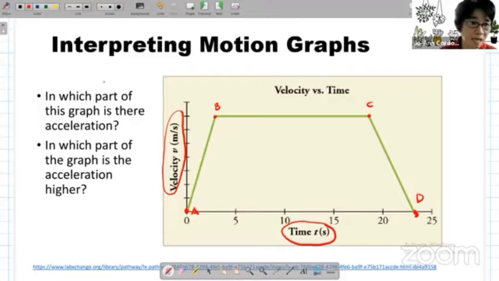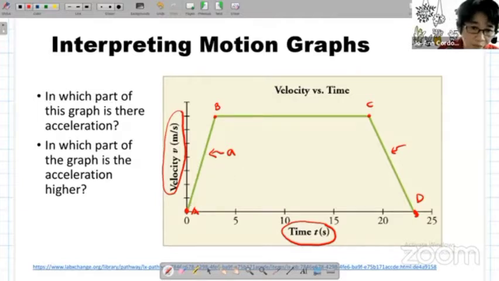From B lang po ba? Okay, so it's from A to B and C to D. But what we know is that there is actually a difference in the acceleration that occurs from A to B from the acceleration that occurs in C to D. So ang acceleration ng A to B is supposed to be,